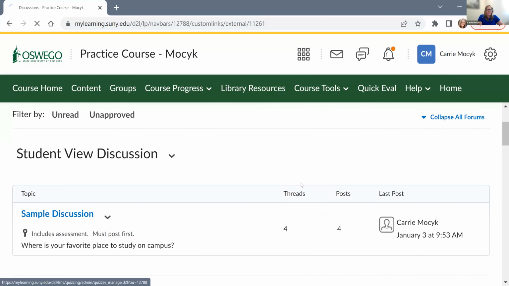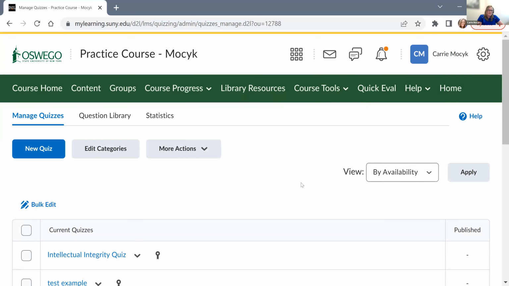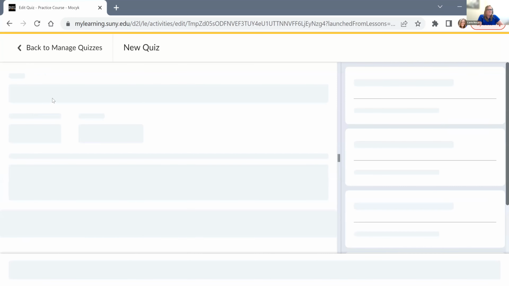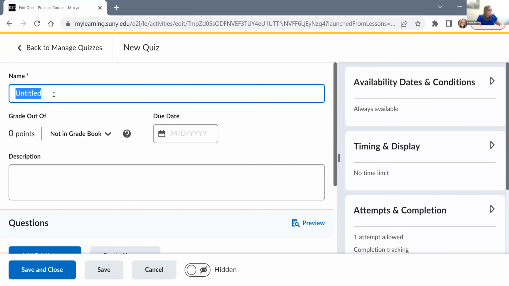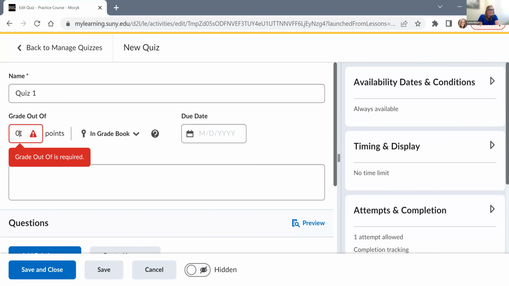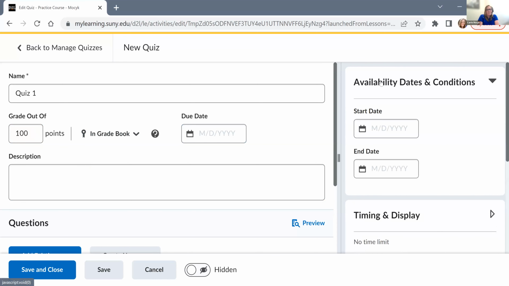All right, and then in quizzes, there's a bunch of different rabbit holes we could go down with quizzes. But the end result is we can create a new quiz. I'm going to add point values to it. I'm going to add it to the grade book. And I can put point values in here, the due dates, availability dates,